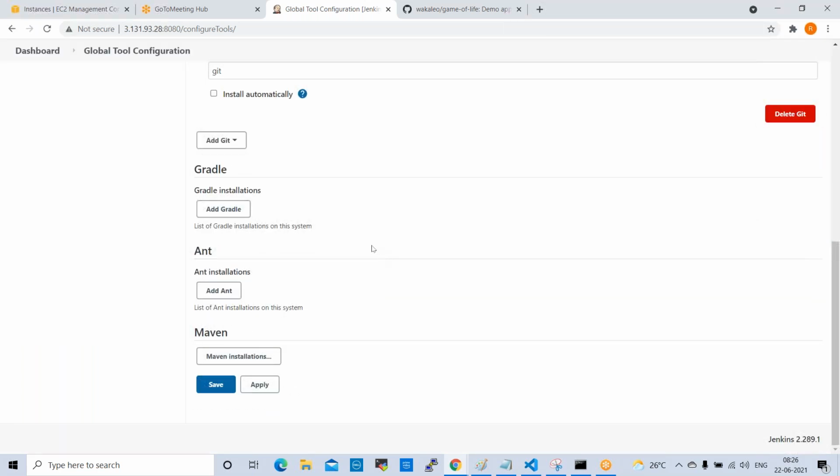In real projects also we don't use a separate server for Maven, because Maven's duty is to generate artifacts and create some folder structure. That's it. That is why we don't require any additional server for Maven. Maven will be integrated with Jenkins only. In our test lab also, we install Maven in Jenkins and use that Maven. Fine.